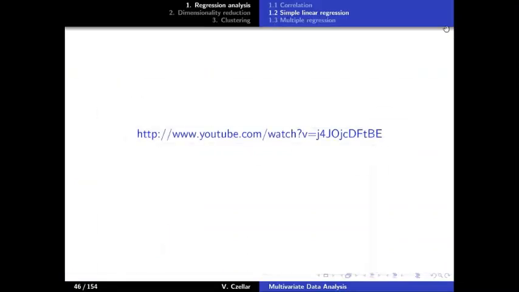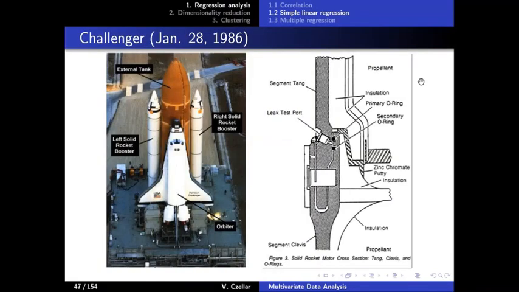So what happened and how is it related to eliminating data? Now, the sad part was that there were 7 crew members who died in this explosion, including a woman who was a school teacher, and she was one of the thousands of applicants for this flight. She was supposed to give a live lecture out of the space. Now, this was the famous Challenger disaster that happened on January 28, 1986, and well, the night before the flight,